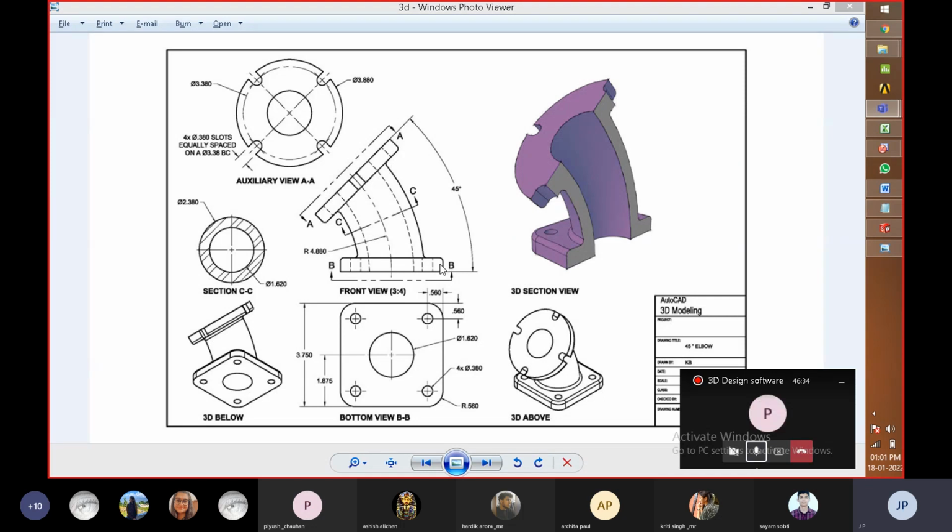First of all, you should understand the different dimensions which we require for creating this drawing. You can see that there is a 45-degree curvature created within this profile, and the sketch